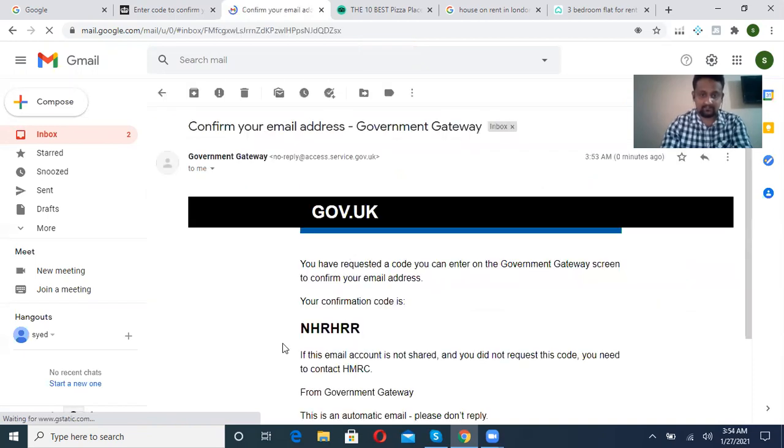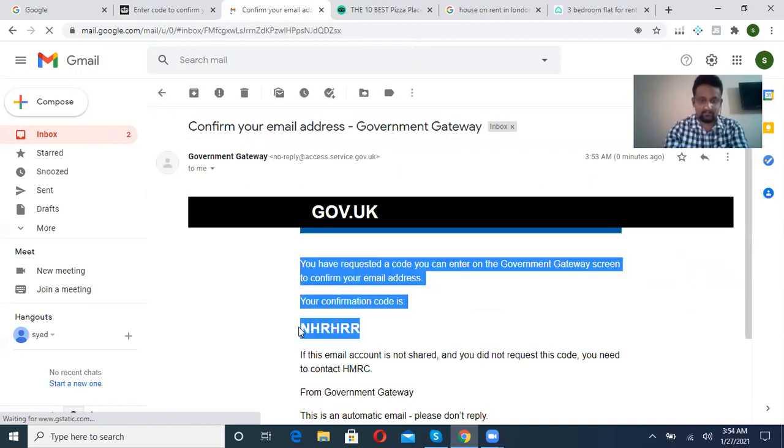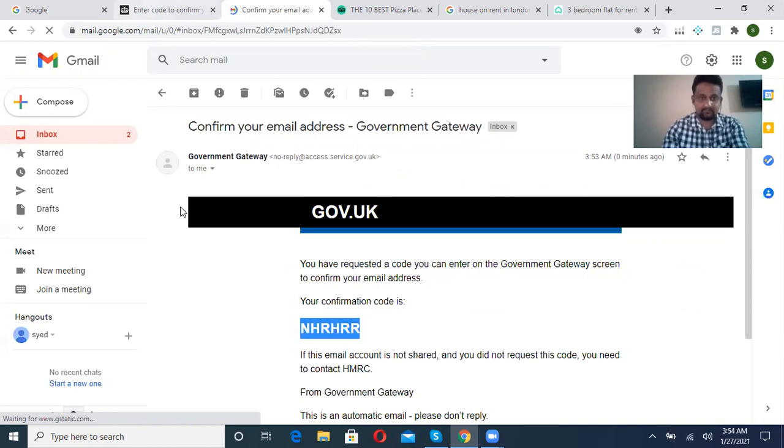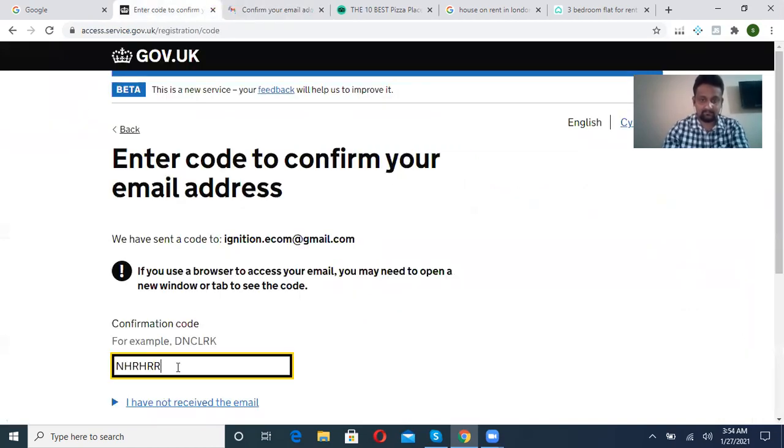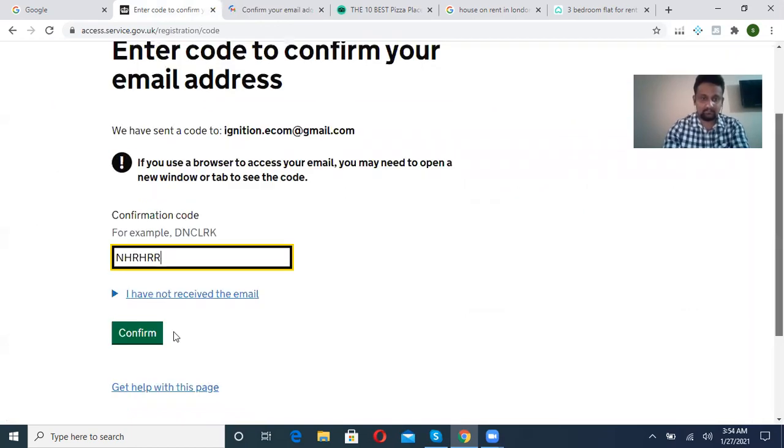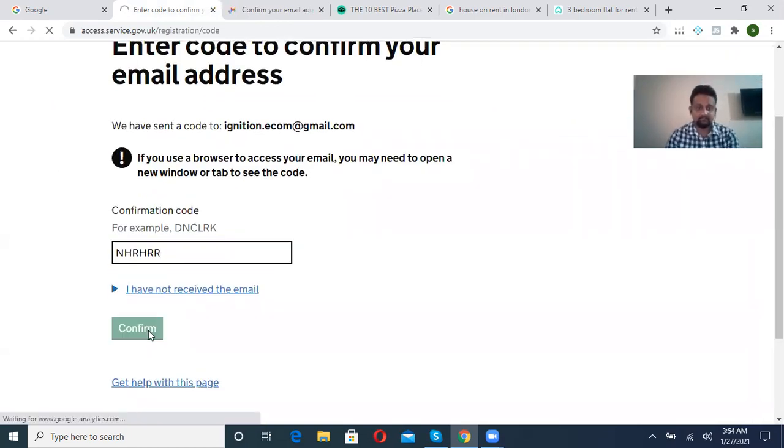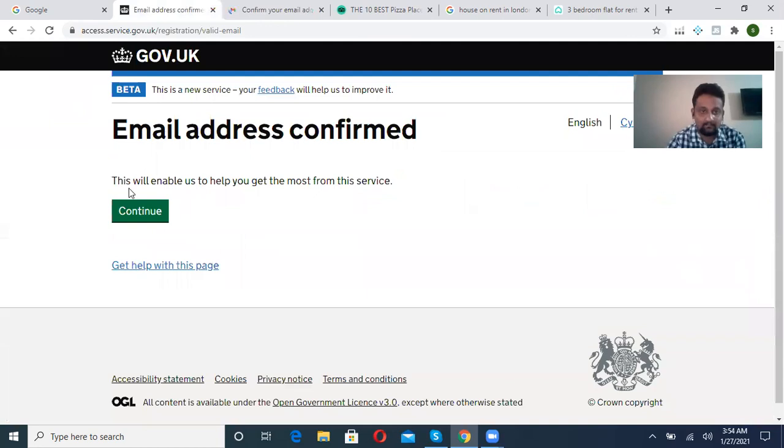This is the code, right? So just copy the code and paste it here. Now confirm. The email address is already confirmed. Now continue.